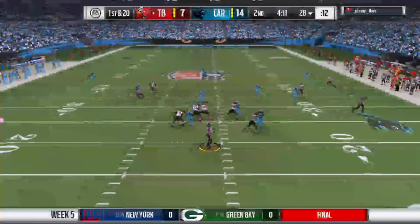From the shotgun, it's Winston. Over the middle, here to Coates. The penalty set him